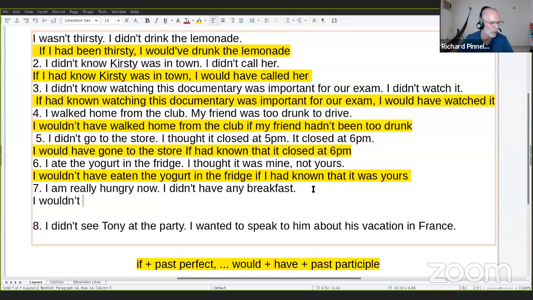I wouldn't. This is mixed. Let's see if anybody in the chat can get the answer. Yeah, I'm going to have to give you the answer. This is now, so this part is like the second conditional. So I wouldn't be hungry now. I don't need to put the now because, well, I can do. I wouldn't be hungry now if